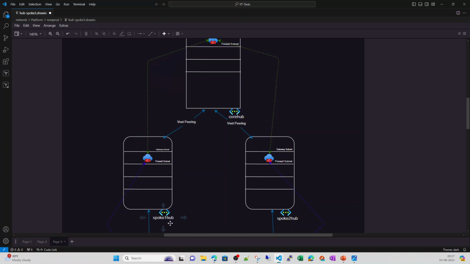Don't misunderstand when I say spoke hub to be a spoke. It's not a spoke. It's a spoke hub. When I say spoke hub, there can be multiple spoke hubs connected to the core hub. So whenever there is a new branch to be created, or a new engagement is defined where you would be creating new workloads, you can add